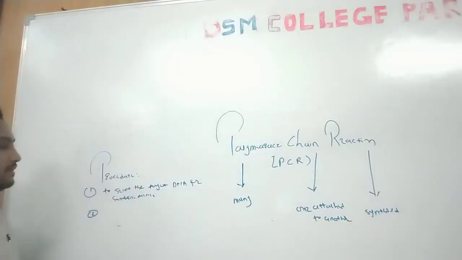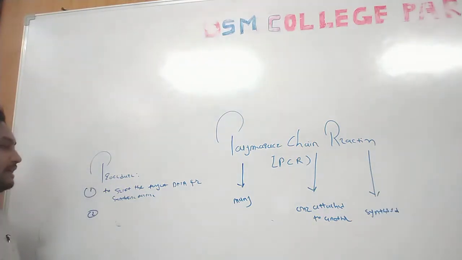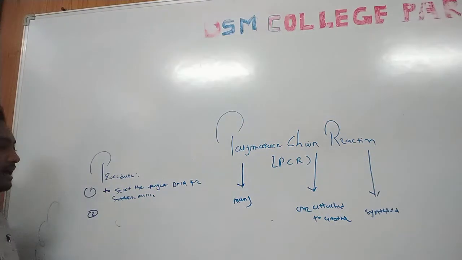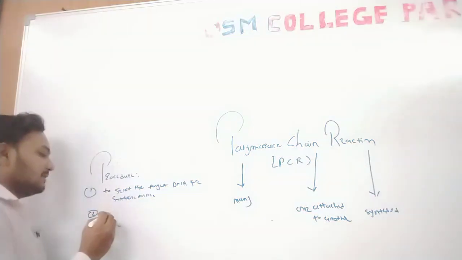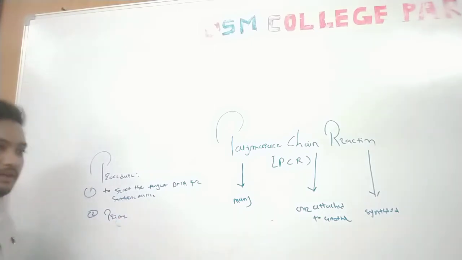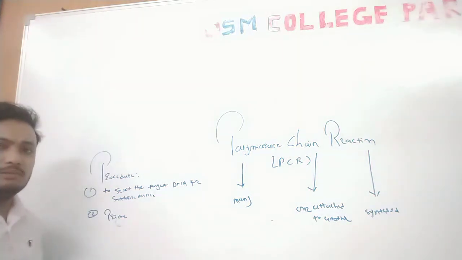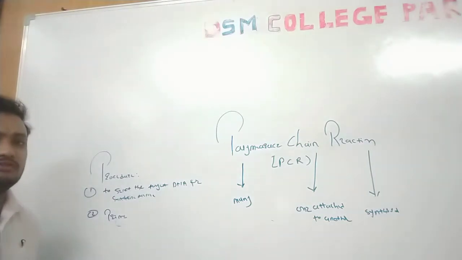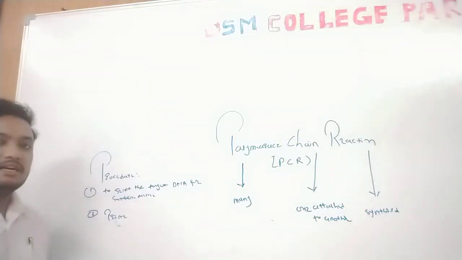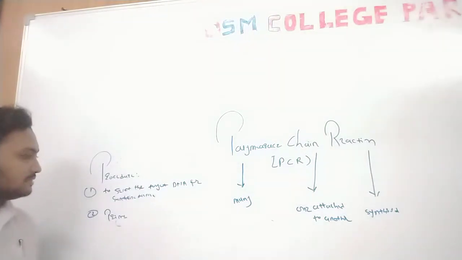Then the next step: once the target DNA is selected, we synthesize millions of copies of this DNA. After this, what do we have to do? We have to synthesize it, and for that we have to take the primers. First, in this reaction mixture we are giving Tris buffer for the completion of the reaction. These reactions do not occur in water or any type of solvent. So this reaction mixture is properly in the buffer, especially Tris buffer is used for the reactions. In this Tris buffer we have the target DNA,